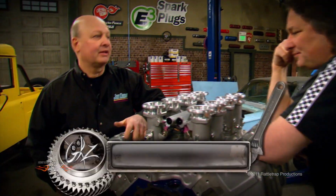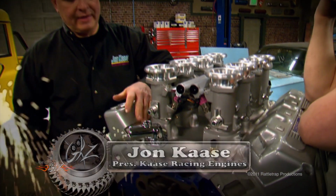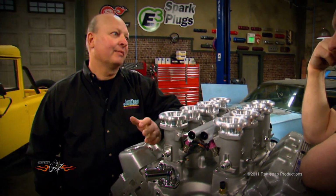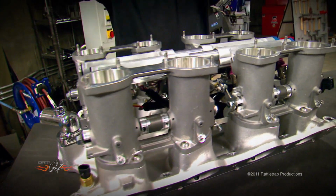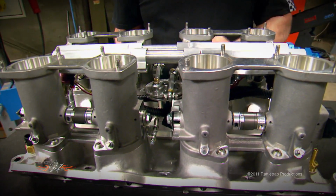There was nothing to fit this engine, so we had to get a hold of some people and have us make a pattern. We did a prototype manifold, and then we had the pattern built for this manifold, and then we had the manifolds cast, and then we had to figure out how to machine them and stuff. Of course, the system is based off of a vintage-style Hilborn 8-stack fuel injection to give it a nostalgic